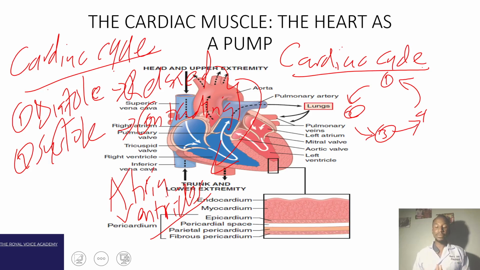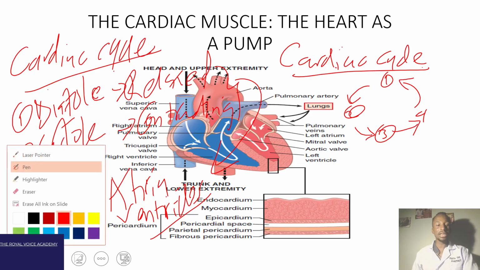And then the fourth high yield point for you to understand is before there is any beating of the heart, there has to be an action potential, and that action potential is coming from a pacemaker. Normally this pacemaker is the sinoatrial node. Now the sinoatrial node is located just at the lateral wall